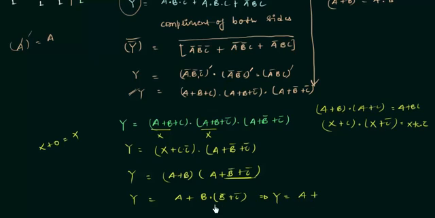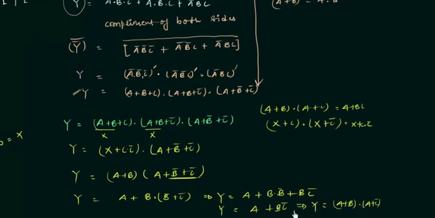A or, I have to open this bracket, we have b and b complement, or b and c complement. b and b complement is definitely equal to 0. So we have a or b and c complement. And again, using the distributive law, we have a or b and a or c complement. So this is the minimal